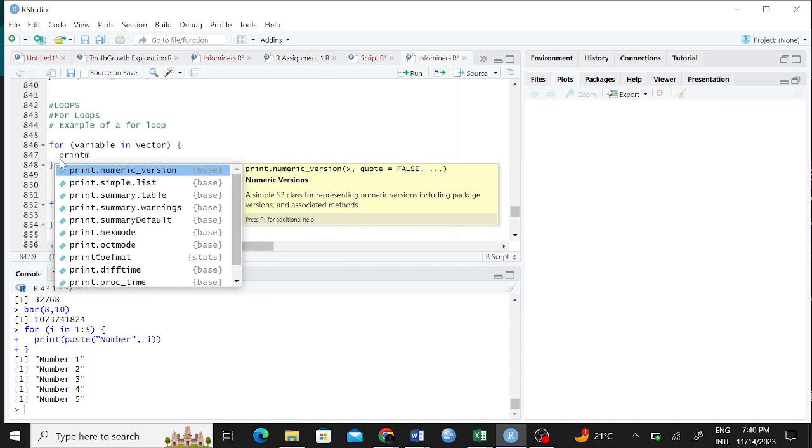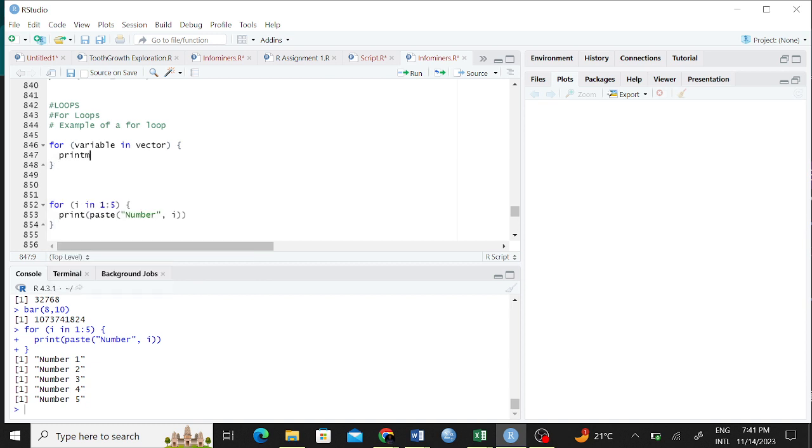So maybe if I have a vector like 10 to 23 or maybe 10 to 30, then for every instance where I is found inside that vector, it is supposed to return for you something like my name number 10, my name number 11, my name number 12, 13, 14, 15, 16. So that is depending on what you're going to be declaring inside here. So this is just like the skeleton.